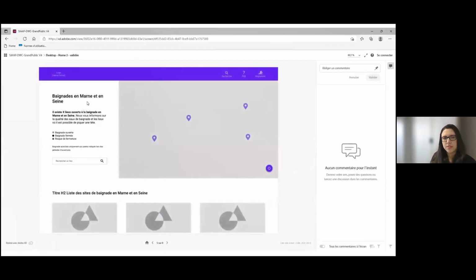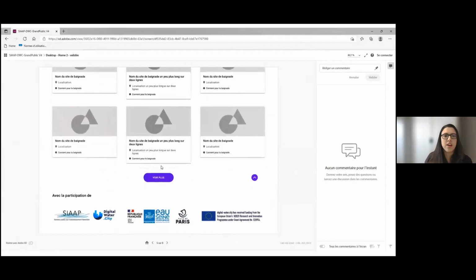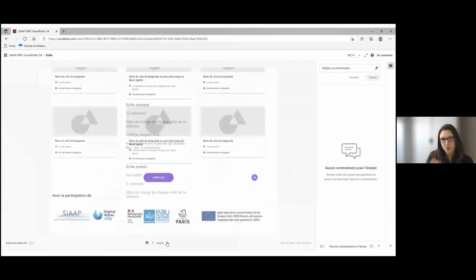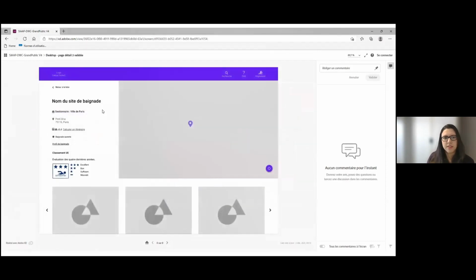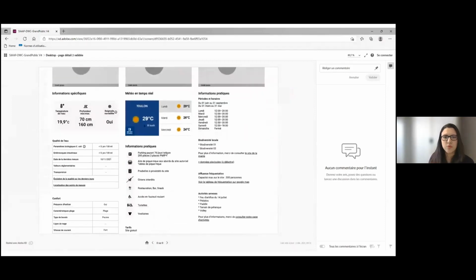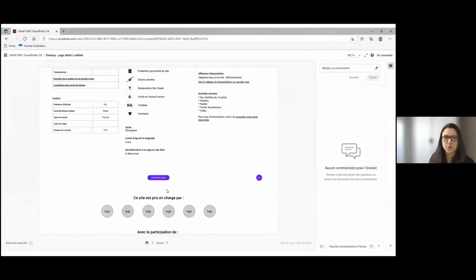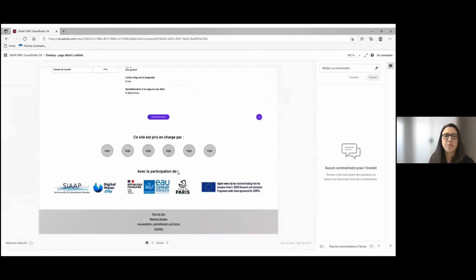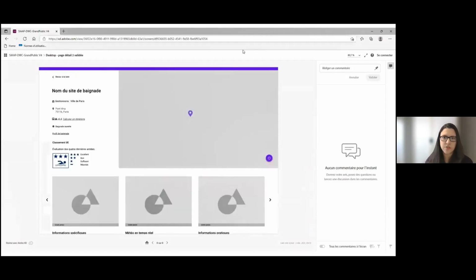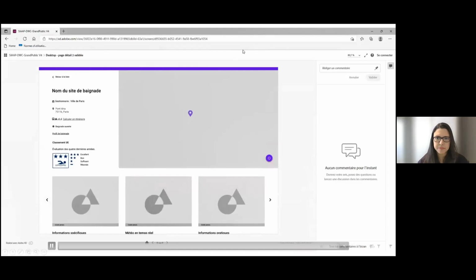So all this is the vision on your computer. Once it is open, it will look like that, with the research bar on the left and the list of all the bathing sites, and the page of the bathing site will come like this on the computer. So you've got the map and all of the information just below. You've got the form and the different logos of the representatives and the people in charge. So that's the public application.